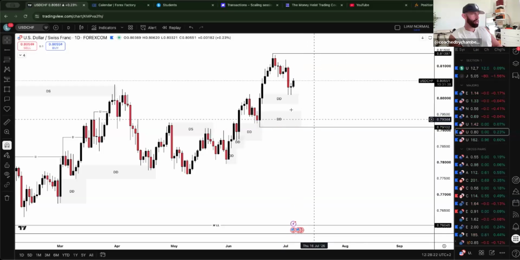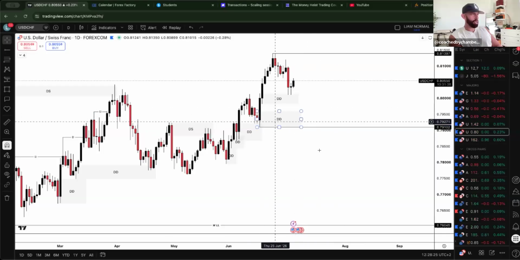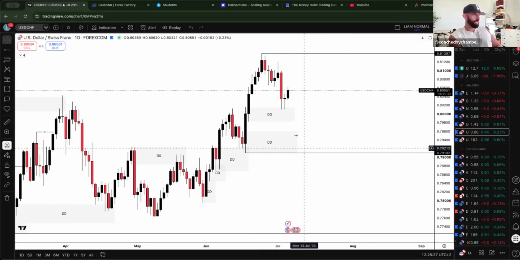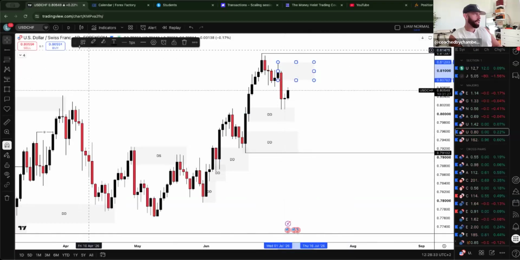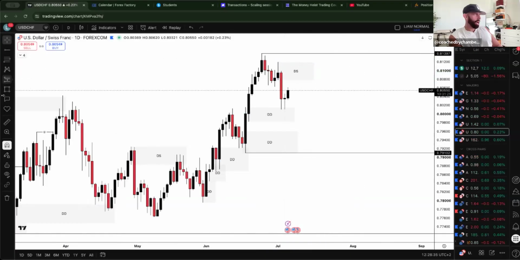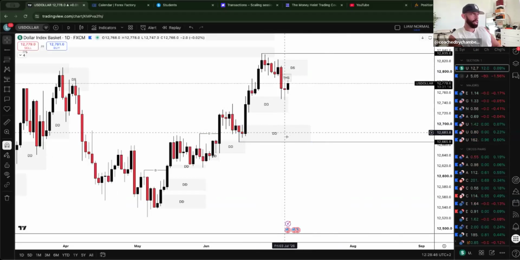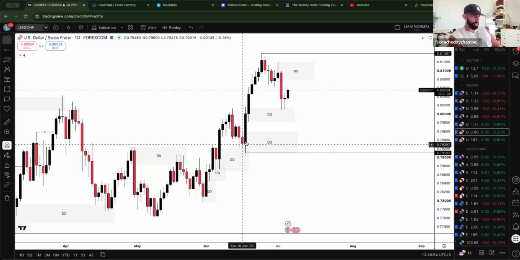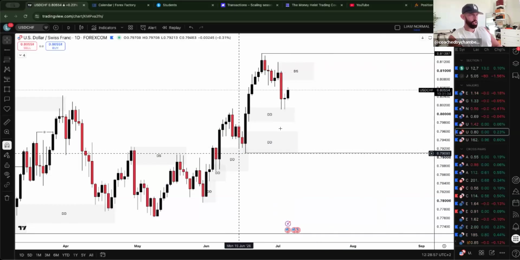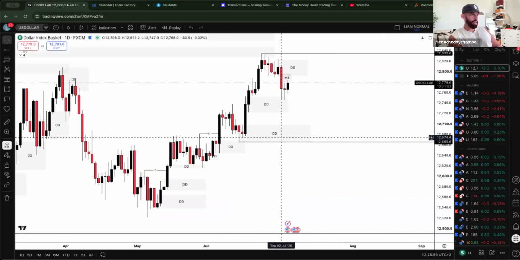Ideally, we still have this demand area below with imbalance above this demand area as well. So we could obviously look for continued shorts from here if the dollar does as well. And if we do carry on shorting from here, we can make a decision from this daily demand area if we break this low here. That could be the same scenario as the US dollar, because look, we have this daily demand area that's been untouched at the extreme level of this daily structure. And you can see it's the same scenario here.